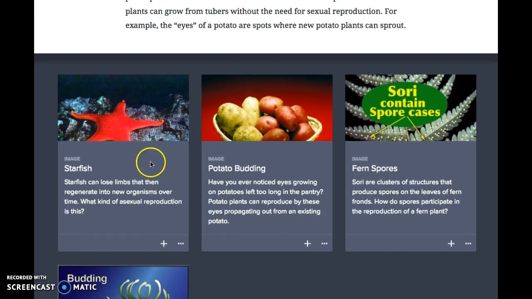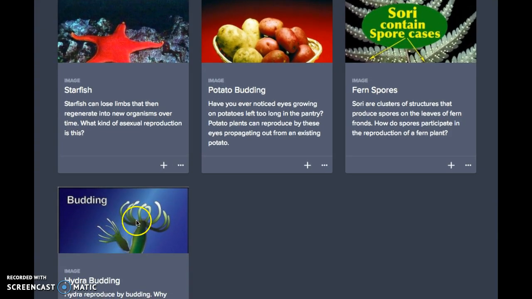Starfish are another great example. You cut a starfish in half, not that I've ever seen this happen, and it regrows the legs on both sides, so you then have two new starfish. So here's a nice image of budding. You'll see sea hydra, which are kind of like jellyfish that live on the bottom. They grow another little jellyfish off of them, and then that will separate and kind of float away.